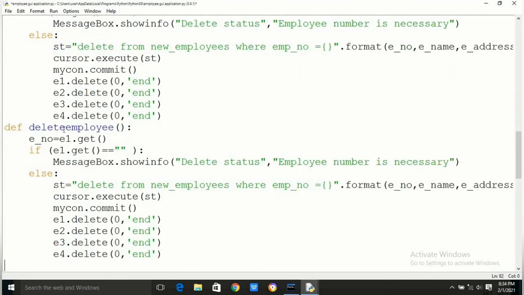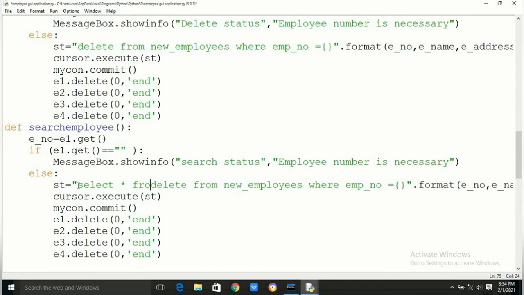Now we will write the def search employee function. We need only the employee number. We have to change the message that is to be shown if the employee number text box is not filled.